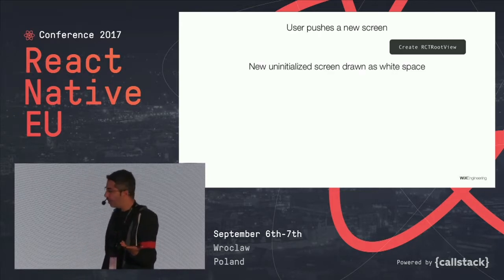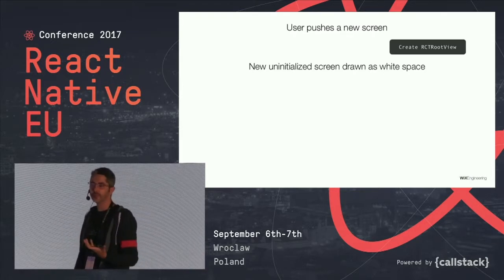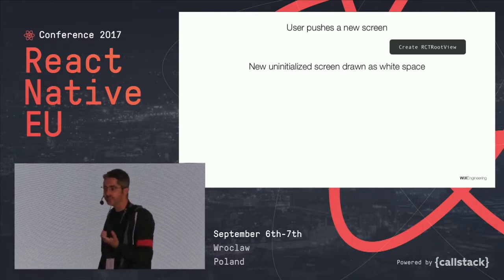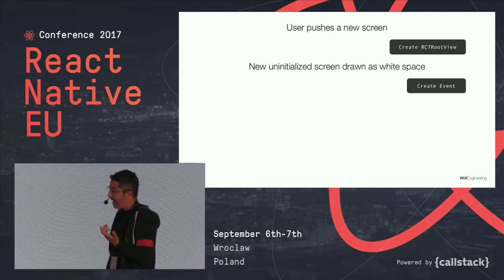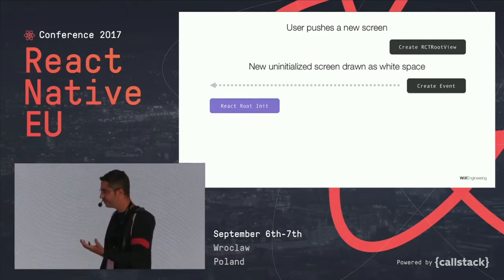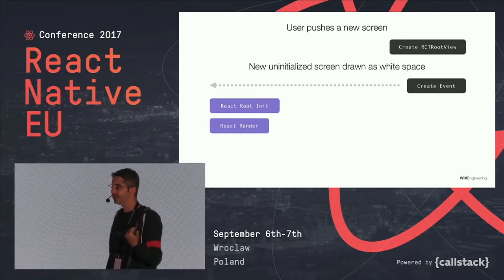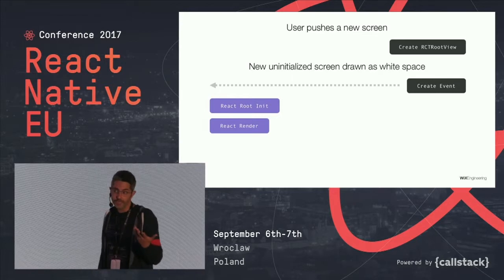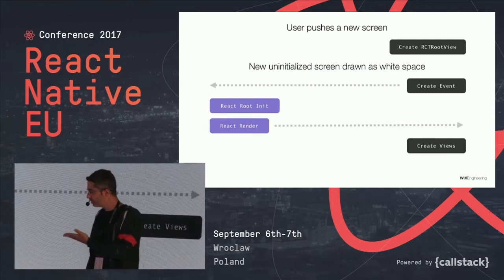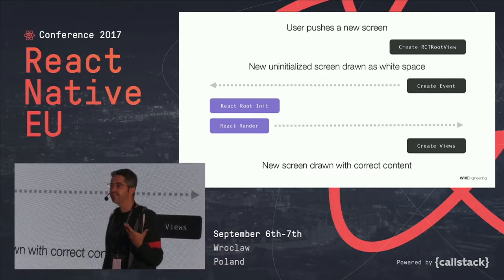And then, as before, the system is currently on the native side because the native push happens in the native realm. And the content is uninitialized. So we have a white blank screen, just like you saw in the slow-mo video. And we have some sort of creation event, and this has to be scheduled and sent over the bridge. We have to wait until JavaScript handles it, and then it will init React and the whole root in JavaScript. The left side in purple is JavaScript. It will render the whole React tree, and then there would be the imperative commands that Emil showed us. They would be sent over the bridge, and then we would create the native views in native once again, and we would have the new screen content drawn finally for the user.